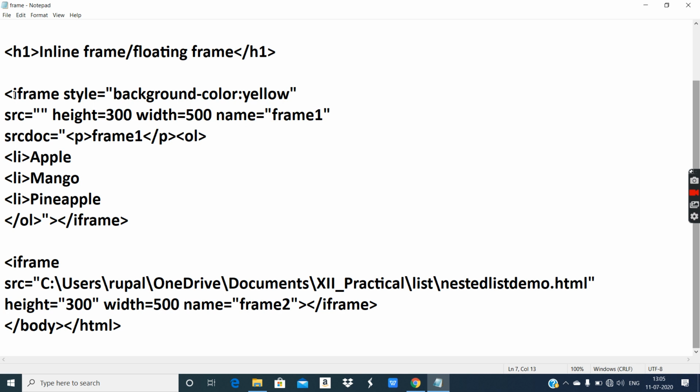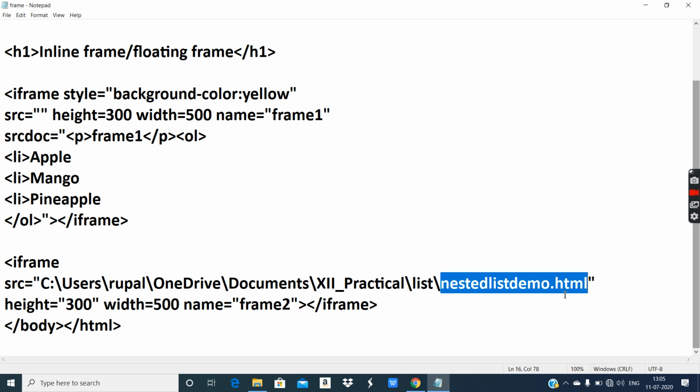But iframe particularly has which attributes? It has the src attribute. Src is a very important attribute of the iframe tag. In the src attribute, you provide the file name of any html page. In this manner, see the way I have highlighted.